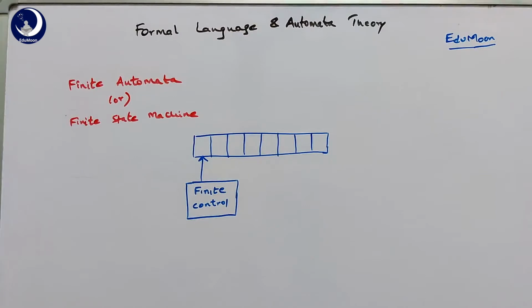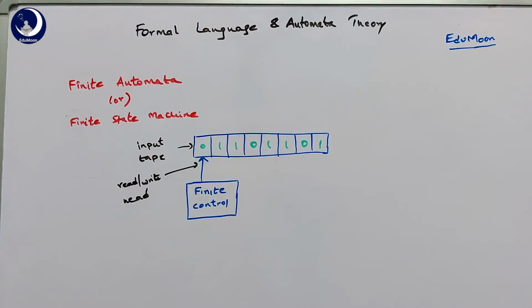So the structure of the machine is as follows. It contains an input tape which holds the input string, and then a read-write head which is used to read the string on the tape, and finally the finite control contains the actual states that process the string. The transition function for each state is nothing but the change of state on reading an input symbol. So the finite control just moves towards the other end while reading the string.